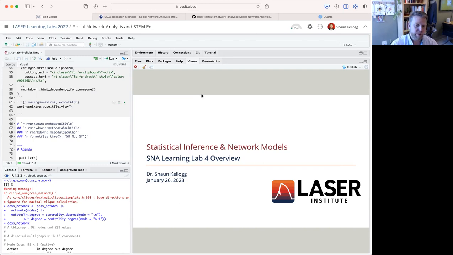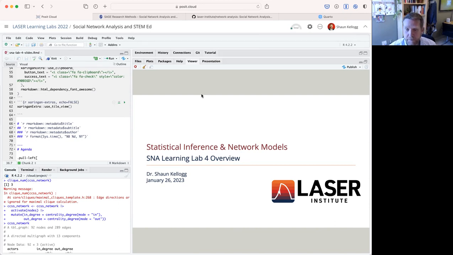They give a really good explanation for how we do stats with networks, because network contexts are very different than working with traditional individual level attribute type data that we're used to working with, where we have student characteristics, demographics, test scores, next student, next student, next student. It's more about those relations between students. So when we're doing stats with networks, we just by default violate a ton of traditional assumptions for statistical